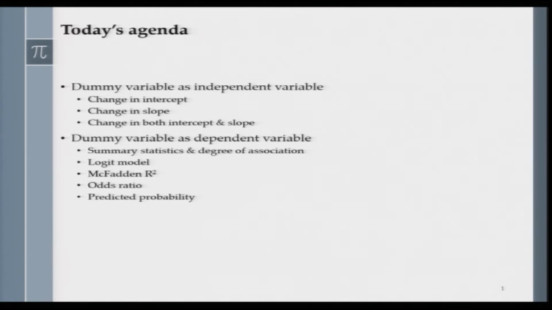The lecture can be thought of as split in half between two main concepts. One is how to make use of a dummy or indicator variable in a regression where y is continuous. So, the dummy variable is there as an independent explanatory variable, and the second half of the lecture will be devoted to the special case when the dummy variable becomes the dependent variable. Yes, we are going to talk about discrete choice models in this part.